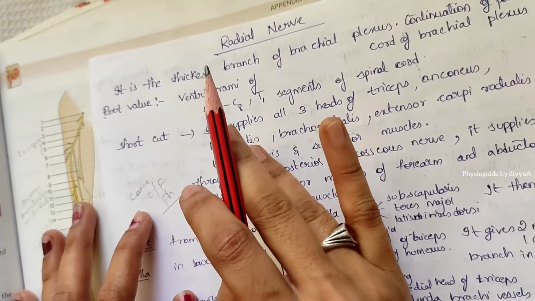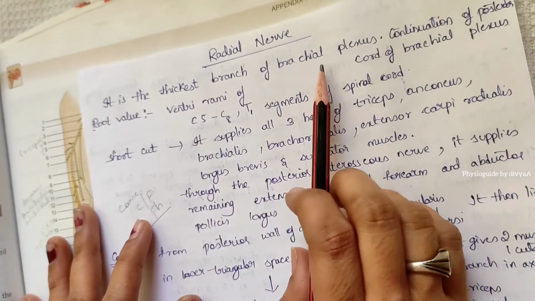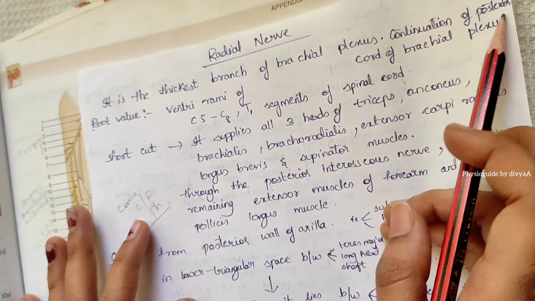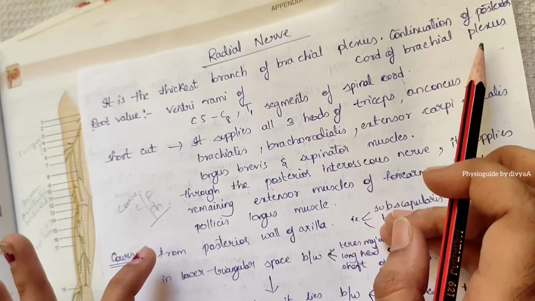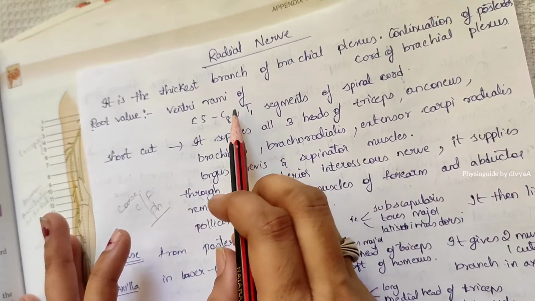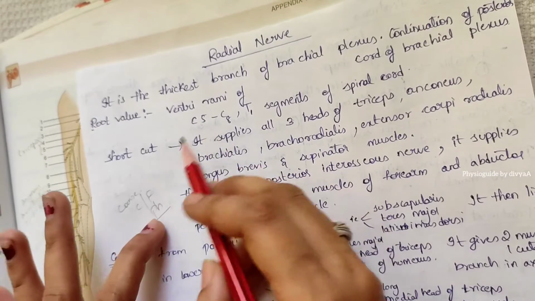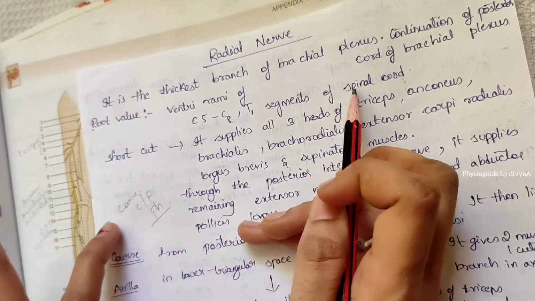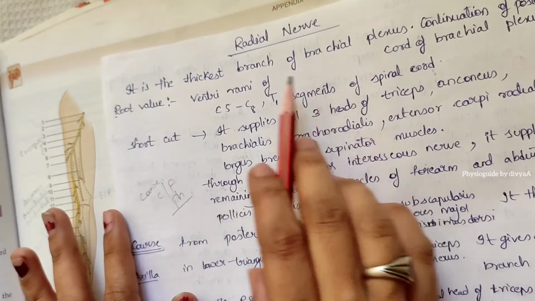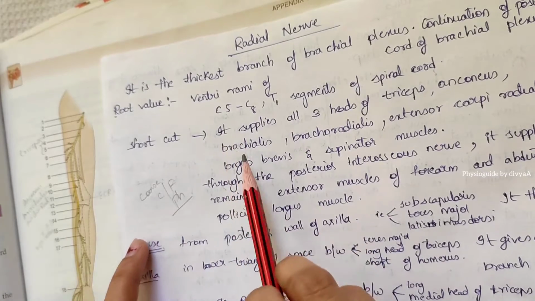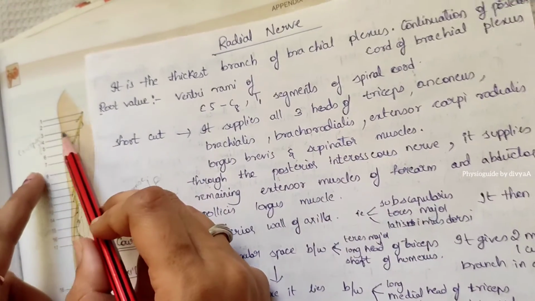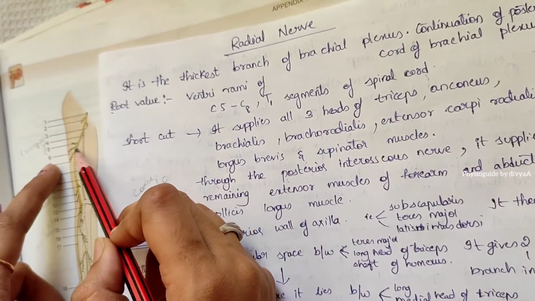First, the definition: it's the thickest branch of the brachial plexus and it's a continuation of the posterior cord of the brachial plexus, and the ventral rami and the root value is from C5 to C8 and T1 segments. Now an overview, a shortcut of the radial nerve, how it supplies: it supplies the three heads of the triceps,